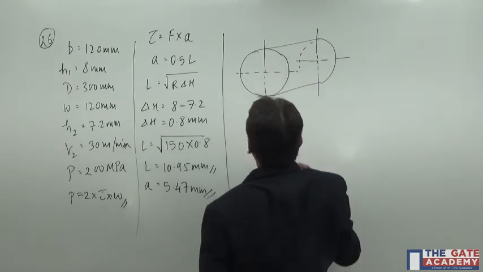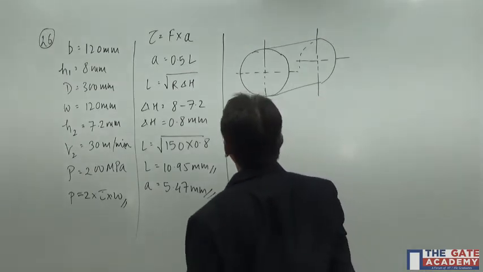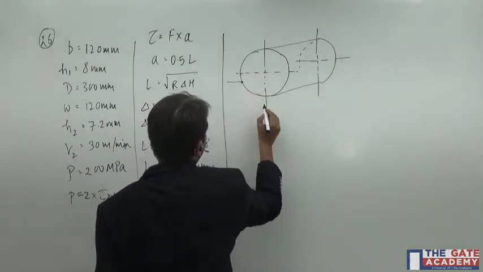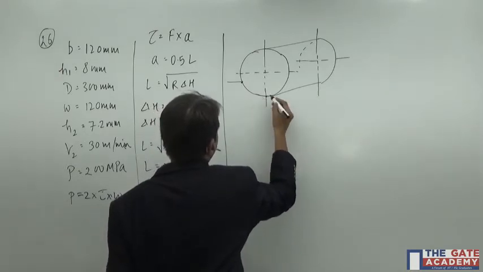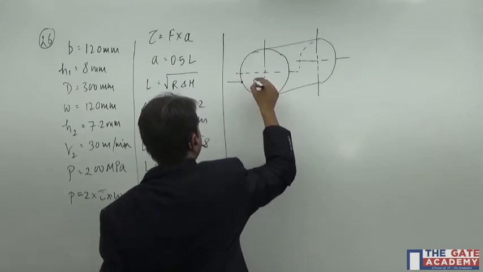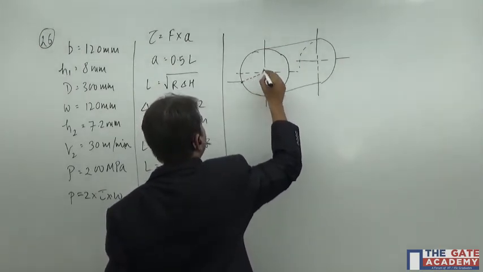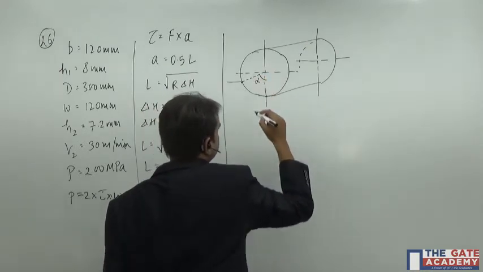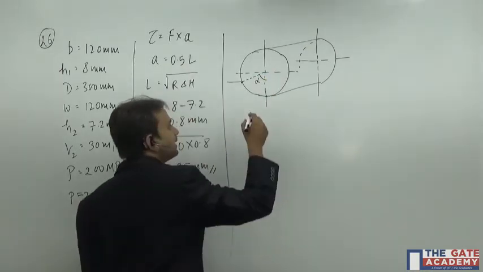And so what happens is that the strip comes into contact at this point, and let's say it leaves the roll at this point, right? So what is the angle subtended by this deformation zone is alpha, and this length